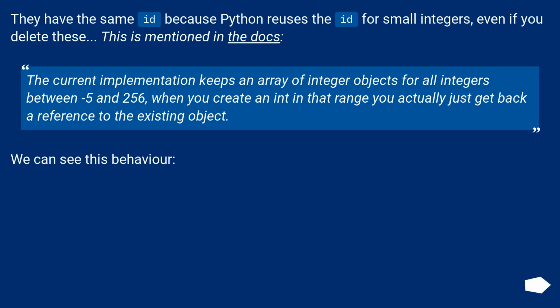They have the same id because Python reuses the id for small integers, even if you delete these. This is mentioned in the docs. The current implementation keeps an array of integer objects for all integers between -5 and 256. When you create an int in that range you actually just get back a reference to the existing object. We can see this behavior